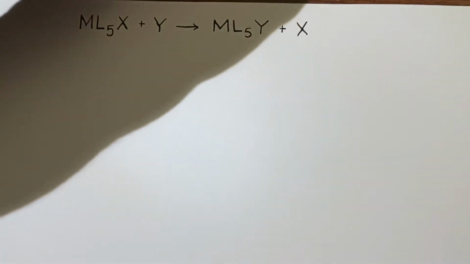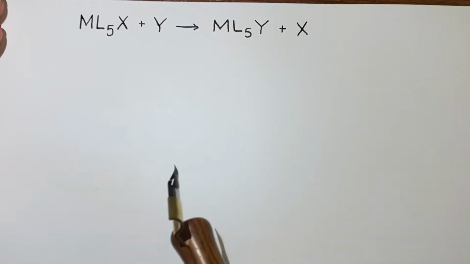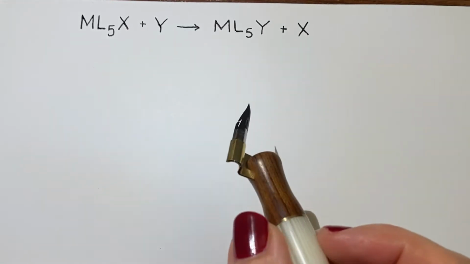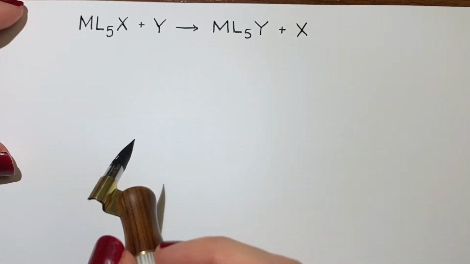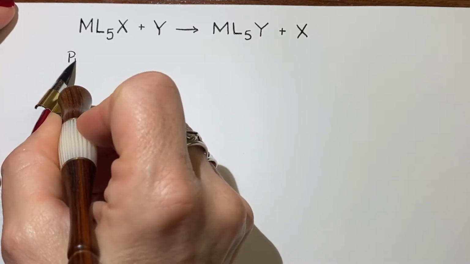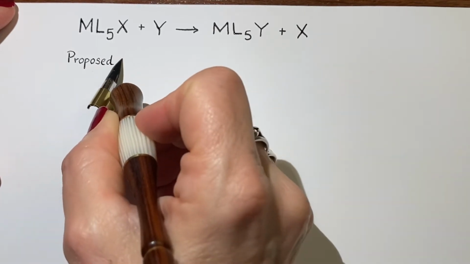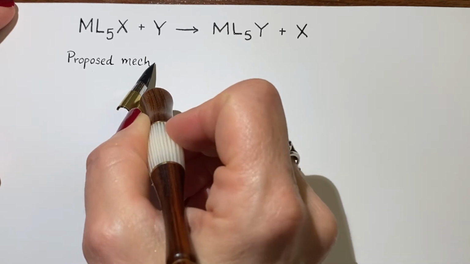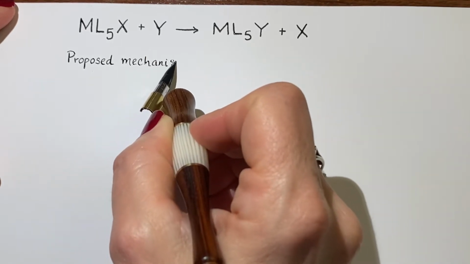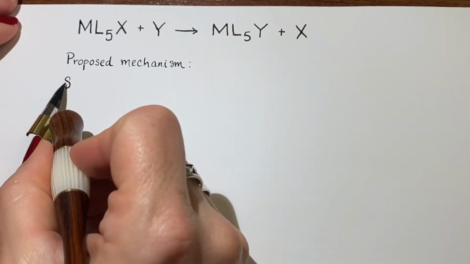Put my molecules aside. Now, with a proposed mechanism, there are various single-step or two-step mechanisms that can be proposed. So this is the one that we're going to work with today. And it is dissociative. And it looks like this. Step 1